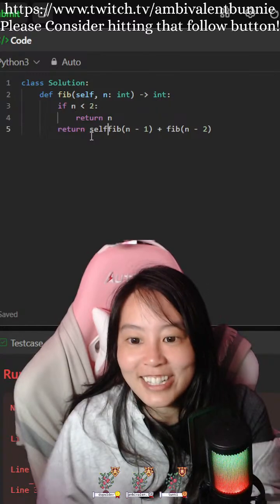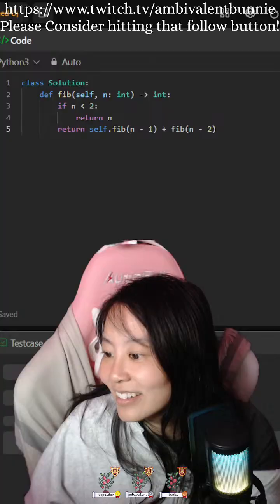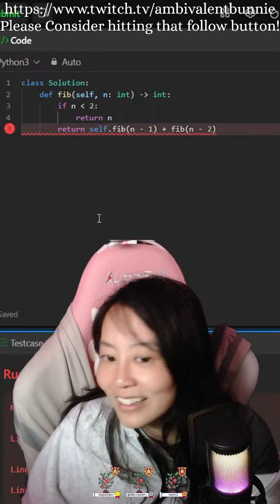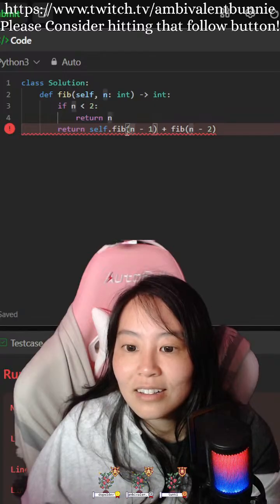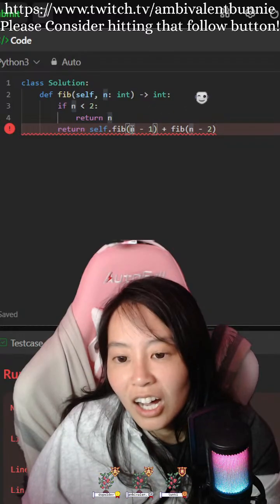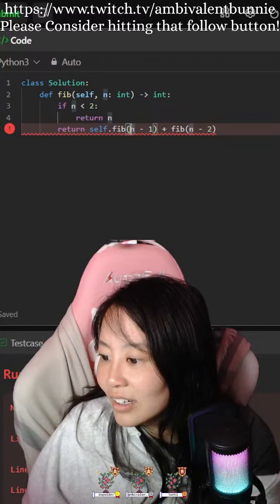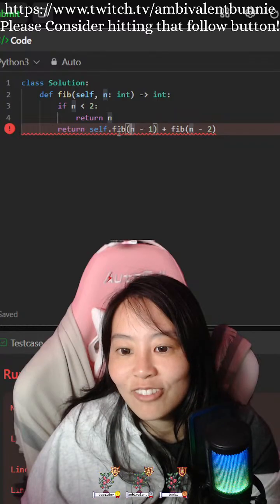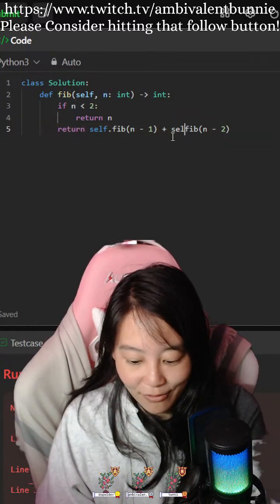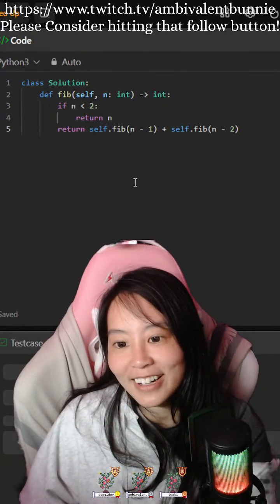This is the solution? So they literally gave us the solution? No. Self? Wait. Huh? Fib is not defined. What? Oh, self. I don't believe you guys.